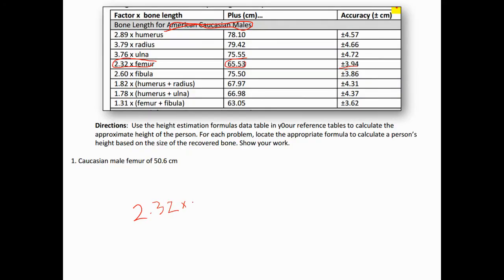2.32 times the length of the femur, which is 50.6. Put that in parentheses. Add to that 65.53. That is going to give us an answer of 182.9 centimeters plus or minus 3.94 centimeters. So based on this, the measurement of this femur, this person was about 183 centimeters high, but they